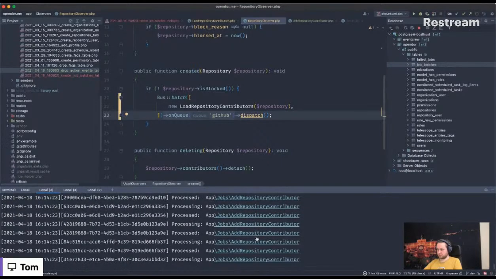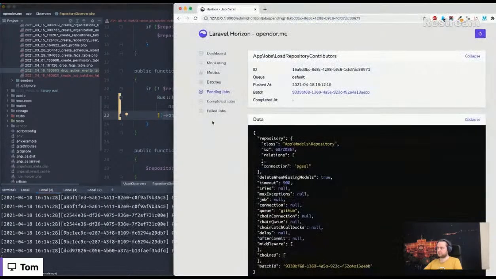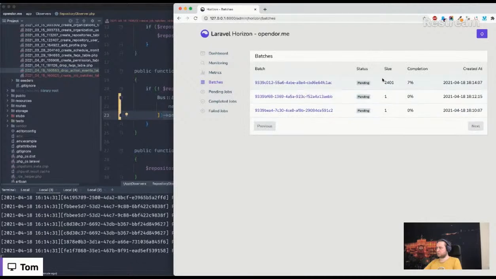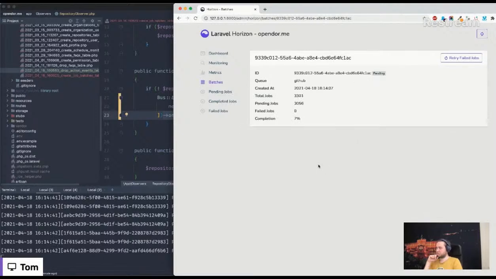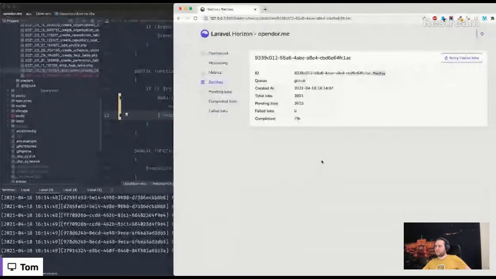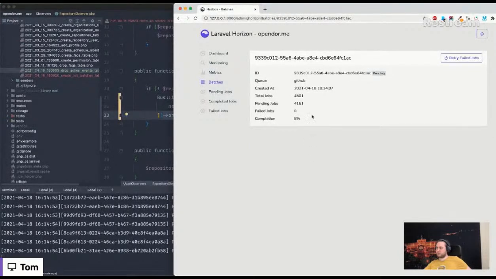Now it has a mass of these repository contributor batches. Okay, here we already have 2,900. So yeah, you see it dispatches the jobs way faster than it is able to finish them,